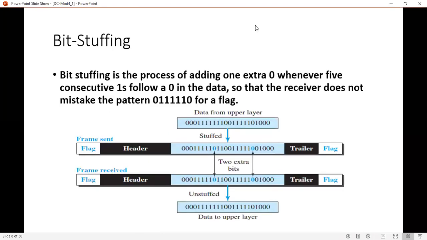In the character oriented protocol, it was byte stuffing. Here it is bit stuffing. Understand the difference? It is bit stuffing. Okay, now what is this bit stuffing? Bit stuffing is the process of adding one extra 0 whenever 5 consecutive ones follow a 0 in the data, so that the receiver does not mistake the pattern